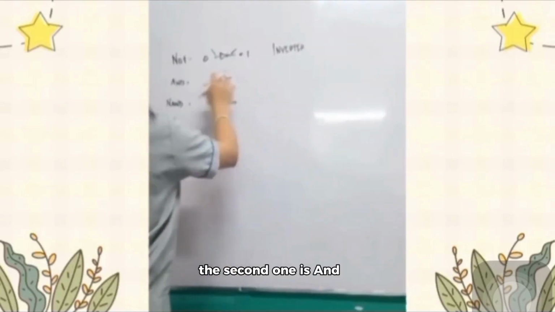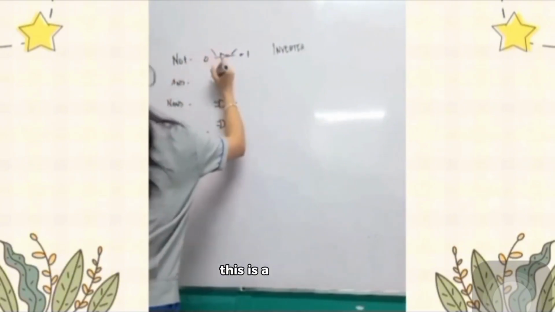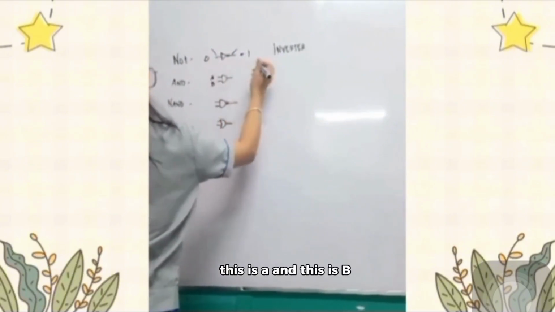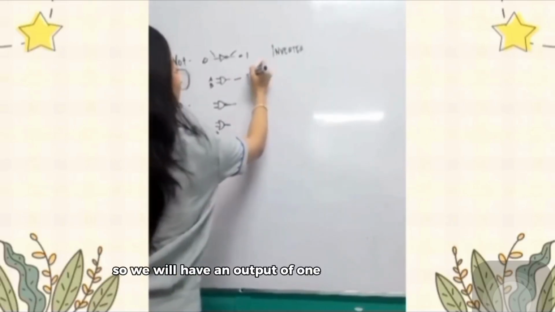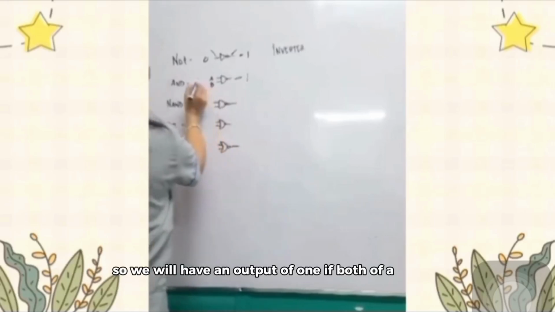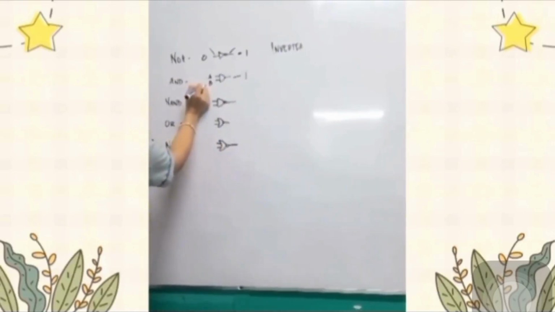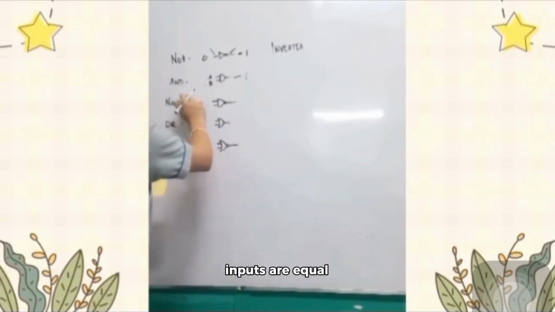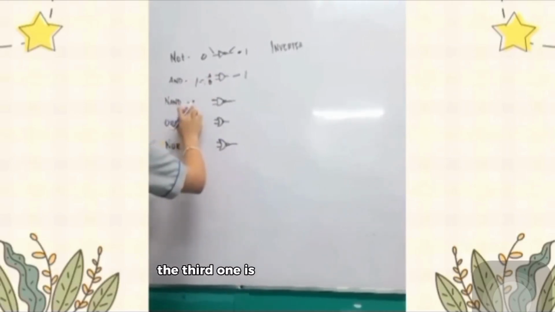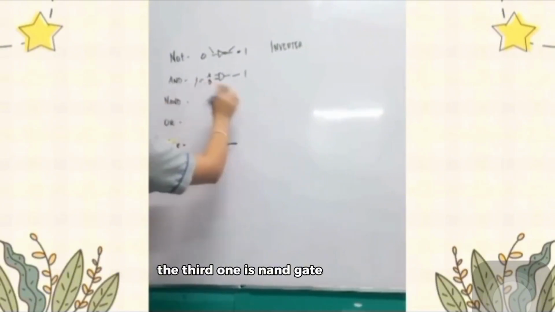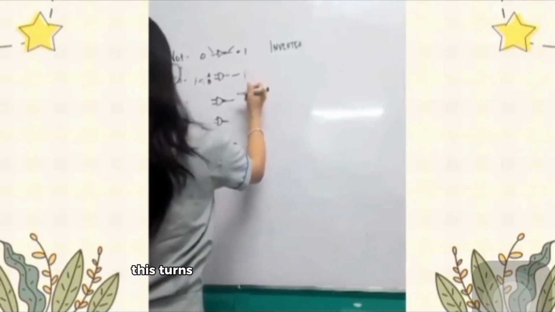Next is AND, with inputs A and B. We will have an output of 1 if both A and B inputs are equal to 1. The third one is the NOT gate. For the NOT gate, this turns on